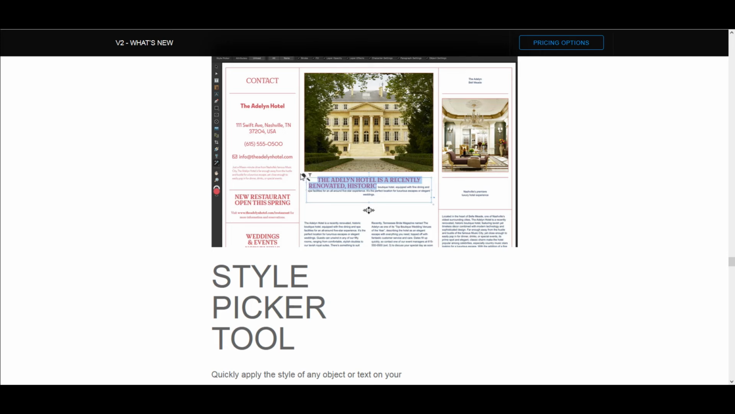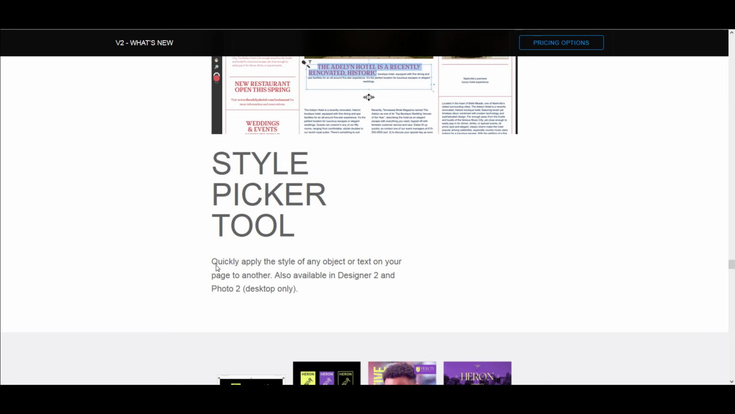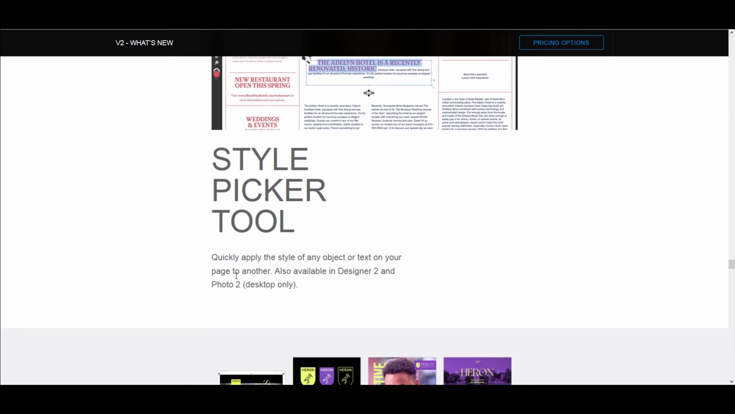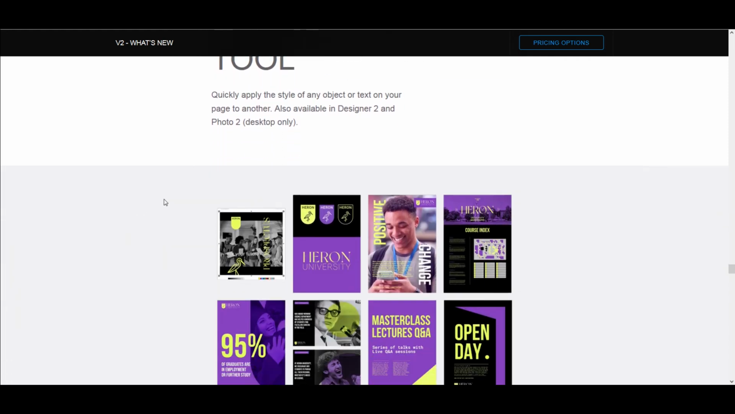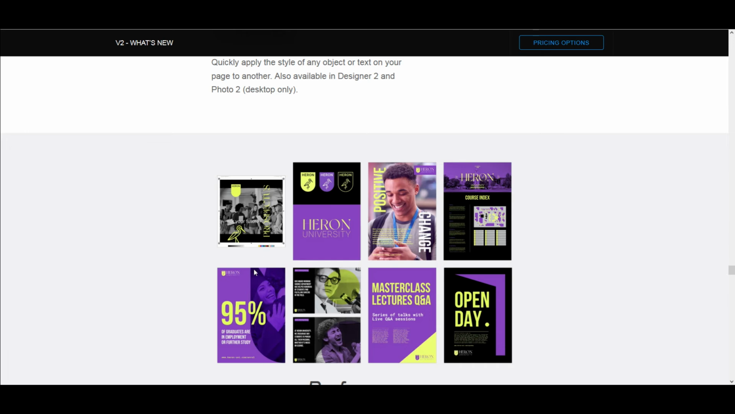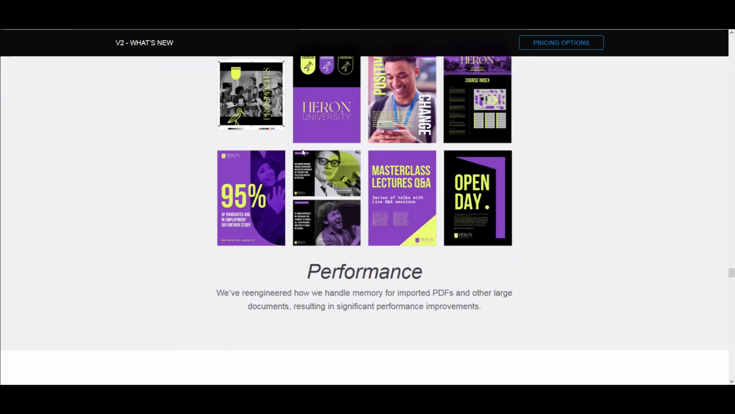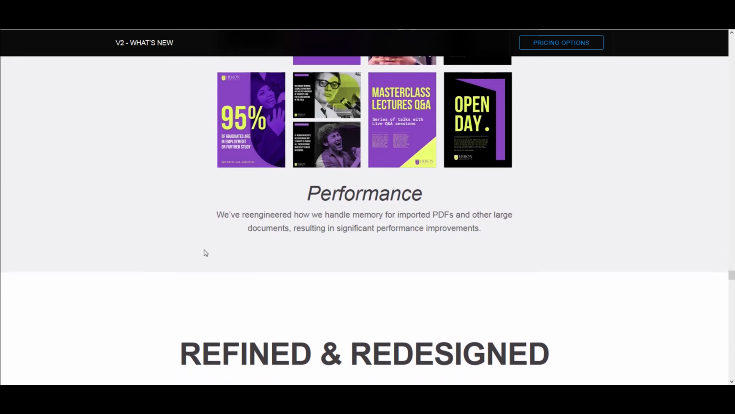So whenever you see this little black dot on top of the brush, that's called loaded. You're loading the brush with that template, and then you can apply it to whichever thing you want that template to apply to. And then they say that you have to unload if you want to change the style. So they show you how to do that in the videos. But you can quickly apply the style of any object or text on your page to another. Also available in Designer 2 and Photo 2, but it's only for desktop, not for iPad. Okay, and then you can see where they've followed the style guide in a way that keeps you branded. Okay, so then performance, we've re-engineered how we handle memory for imported PDFs and other large documents, resulting in